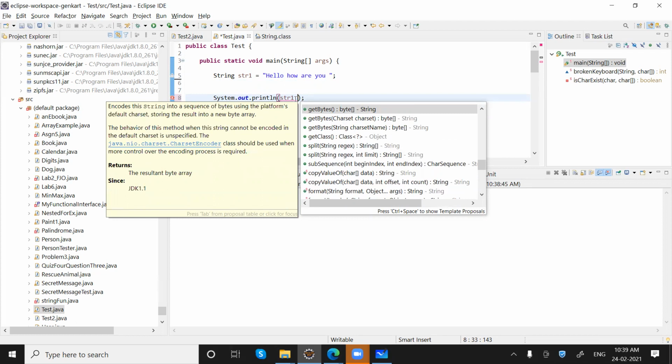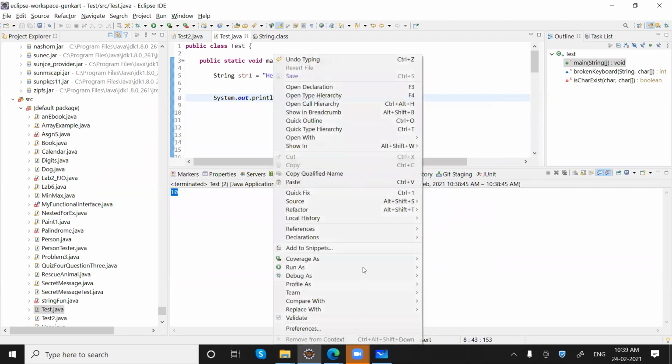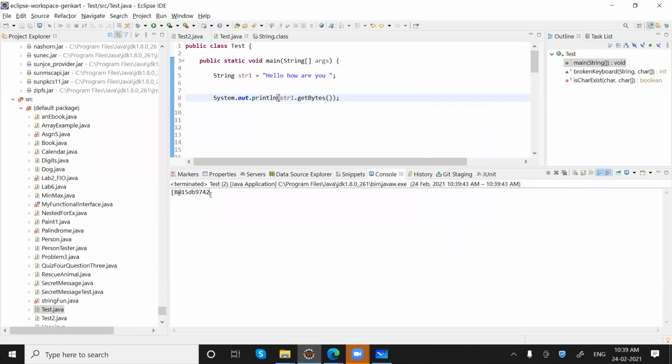It will convert the given string into a byte array. So when we will learn about file reading and writing, then I'll show you how to convert a string into a bytes array. If I do this, you will not get anything to understand here. You can just see we're getting a b at the rate something. That is basically a byte array.